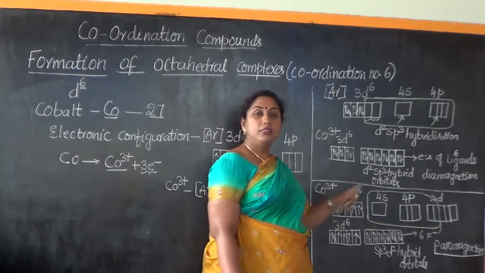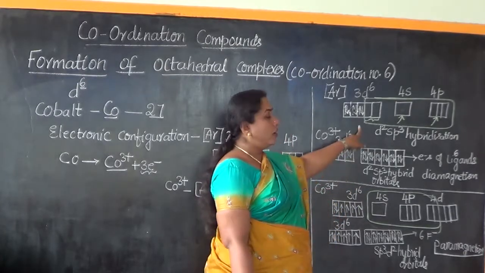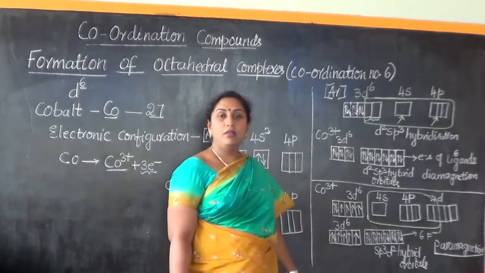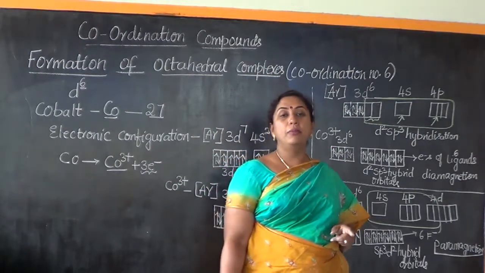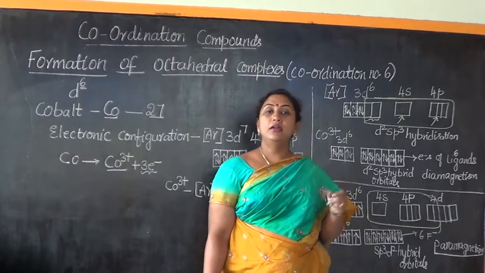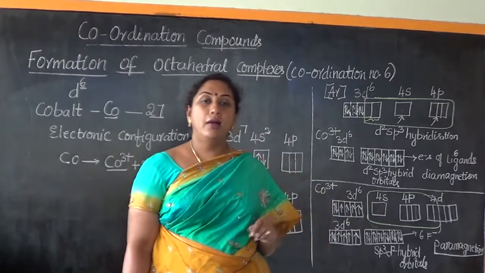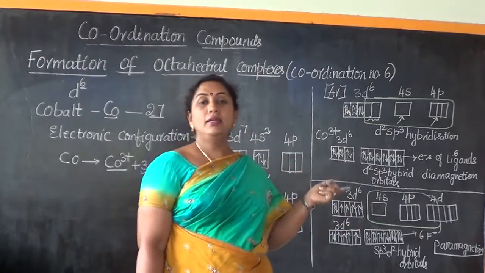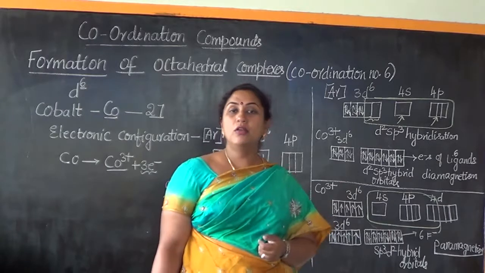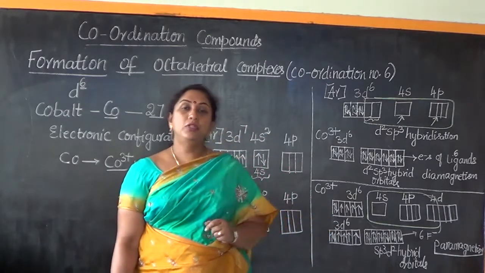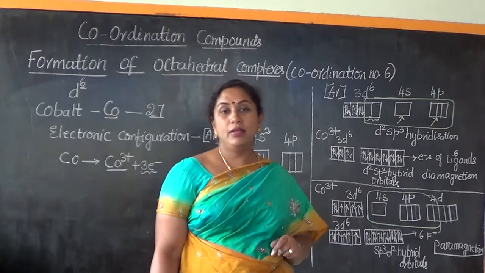So the same cobalt 3+ ion can either form an inner orbital complex or an outer orbital complex, as shown to you. Formation of an inner orbital complex or an outer orbital complex is purely decided on the basis of the nature of the approaching ligand. If the ligand has larger bond dissociation energy, then it will form an inner orbital complex, and if the approaching ligand has lower bonding energy, then it will form an outer orbital complex.